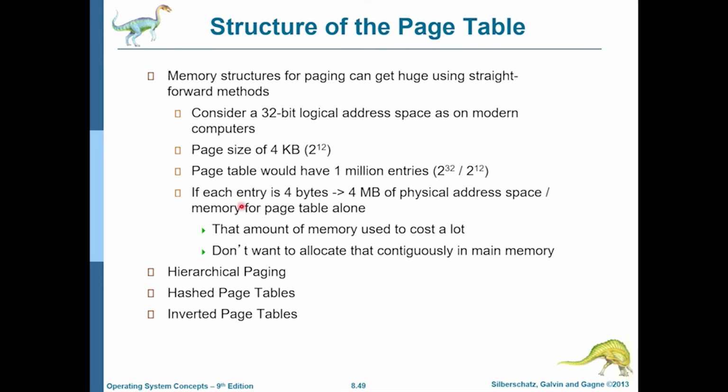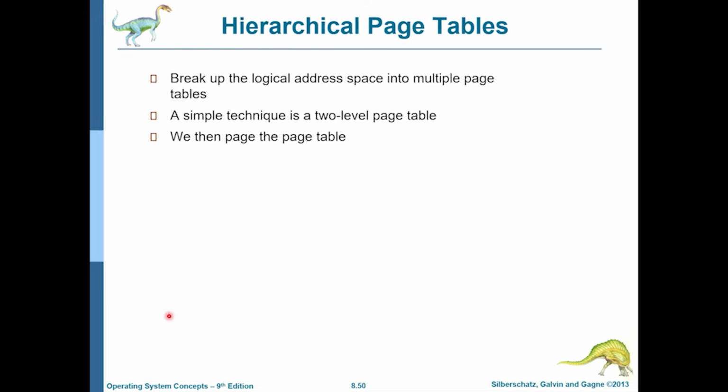But we can look at 3 strategies, that is hierarchical paging, hashed page tables, and inverted page tables, in which we can get away with a smaller number of page table entries, and we will see how that happens in 3 different mechanisms. So the idea with hierarchical page tables is that we just don't have one layer of page tables at the beginning. We can have multiple levels of page tables and we can walk through them.